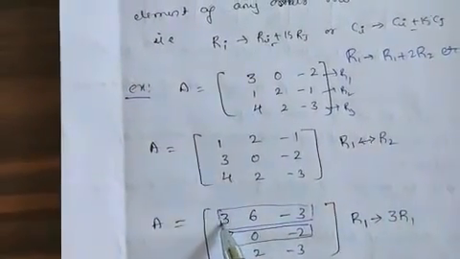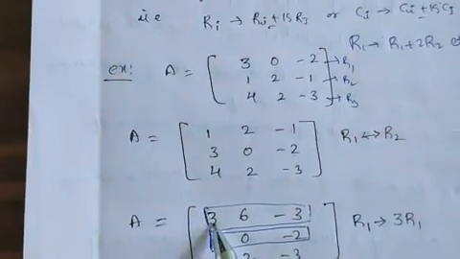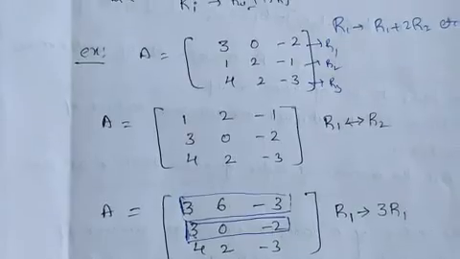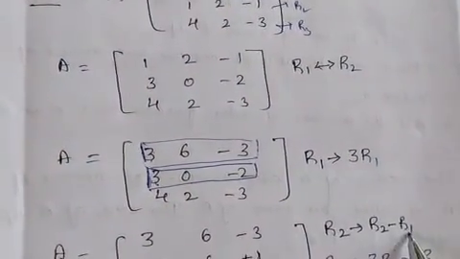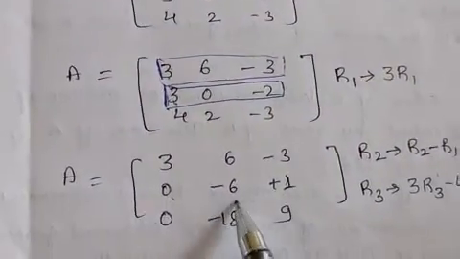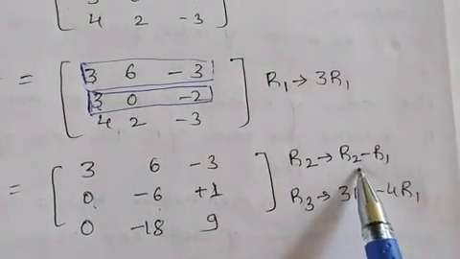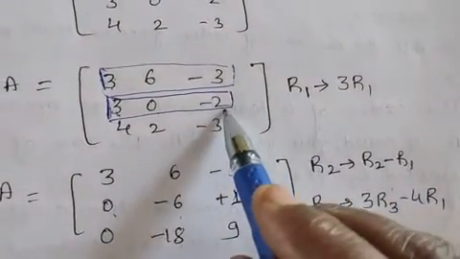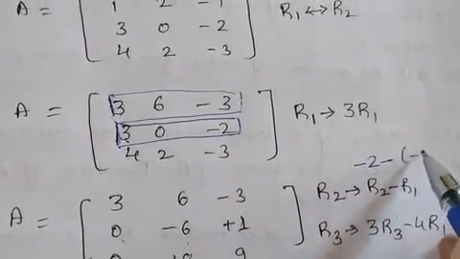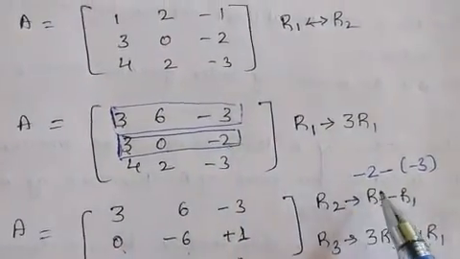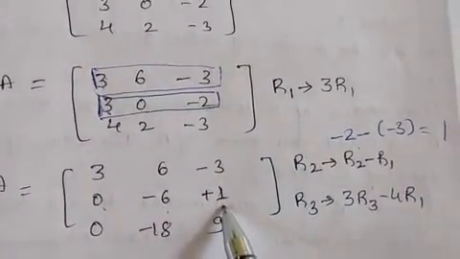What we are doing here? So what we are doing is R2 minus R1. Means here first element, 3 minus 3, 0. Then R2 is 0. Here you see, R2 minus R1, 0 minus 6 is minus 6. Minus 2, minus of minus 3, because here R2 minus R1. R2 is minus 2, minus of minus 3. Corresponding elements is minus 2 plus 3 is 1, like this. This we can get here.